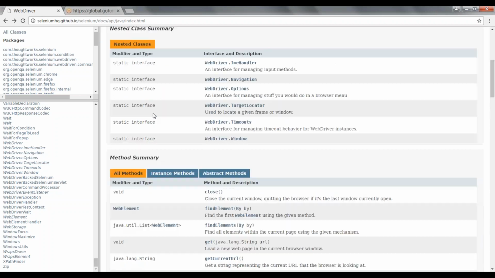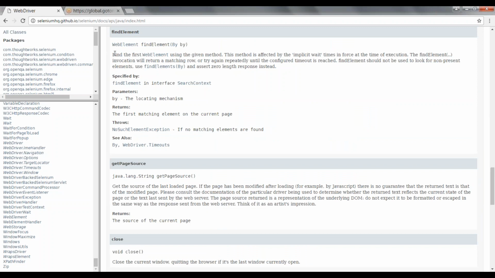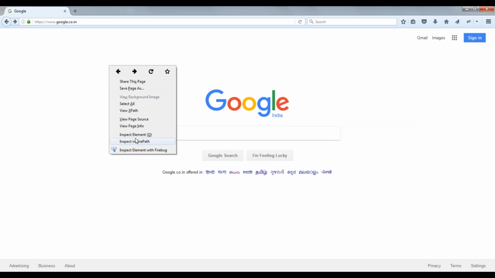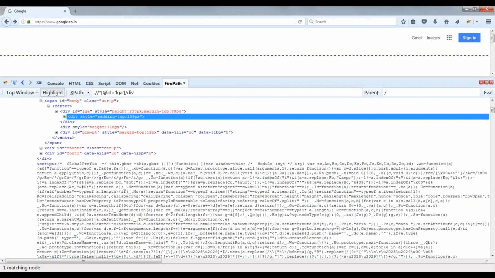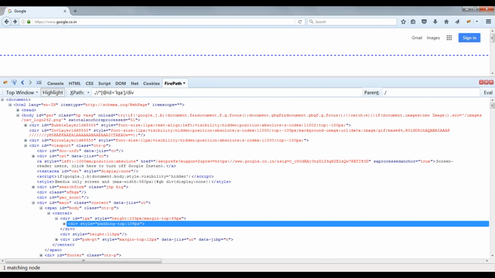These two methods, findElement, you can see here, we'll see what this By is. It finds the first element using the given method. If you go to the page source, the entire page source, and I am looking for the body, there might be n number of bodies with ID GSR, then whichever is the first occurrence, findElement will find that.